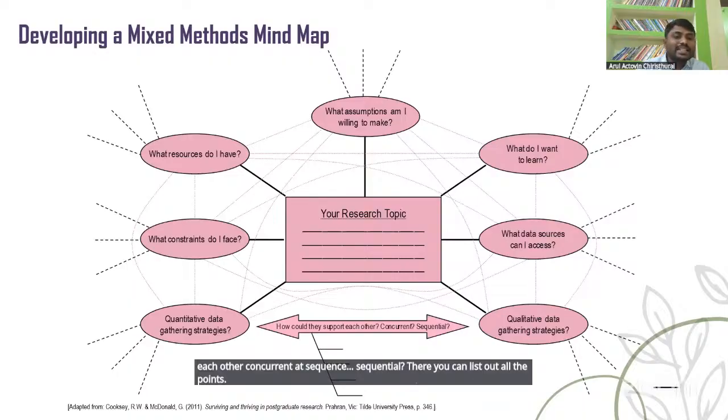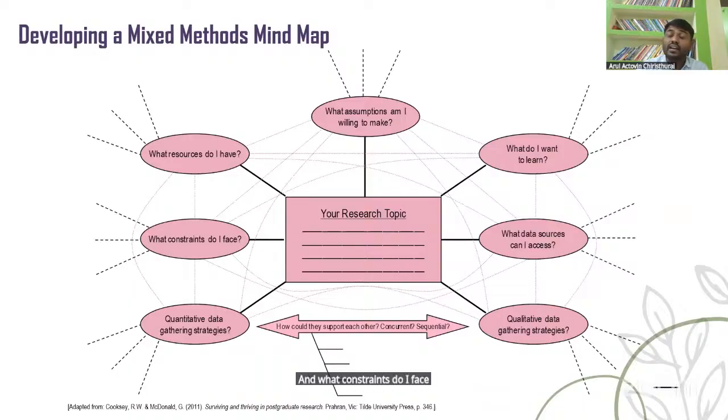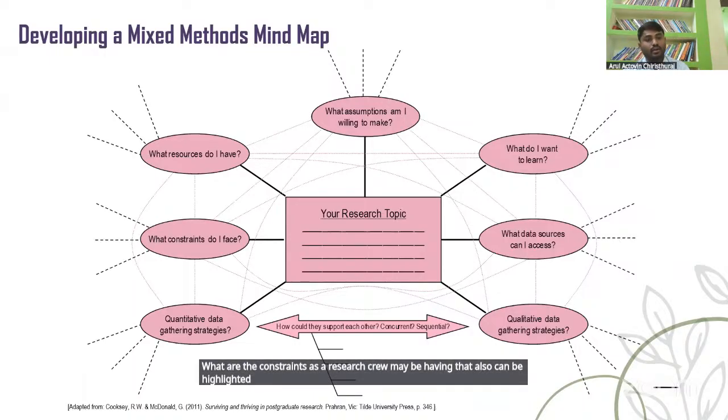And what constraints do I face for the data collection process? Even though developing these methods, obviously research is easy, at the same time it may have constraints too. What constraints might a research group have? That also can be highlighted, like you can write down all these things. And what are the resources?